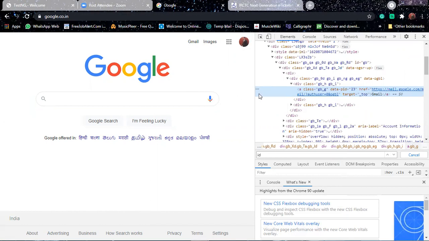A is the tag, actually. Input was the tag previously, and div is the tag. That is how the HTML part works. What you see here is an anchor tag. These are like special people in your team.